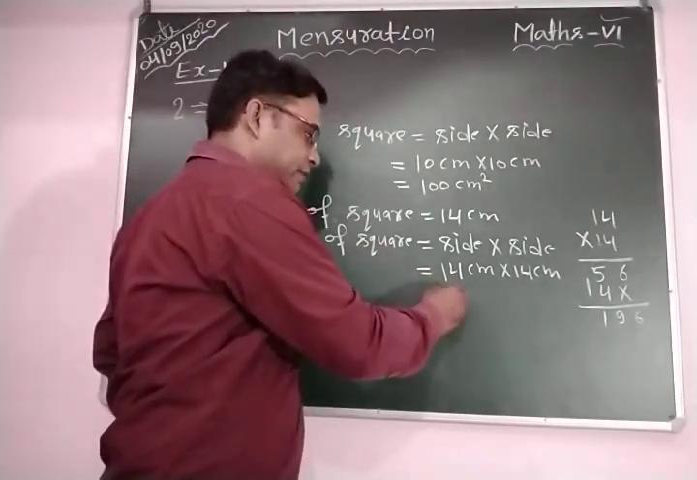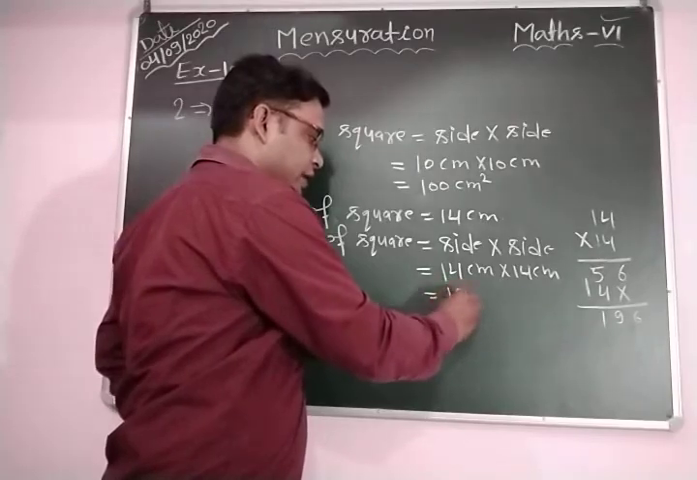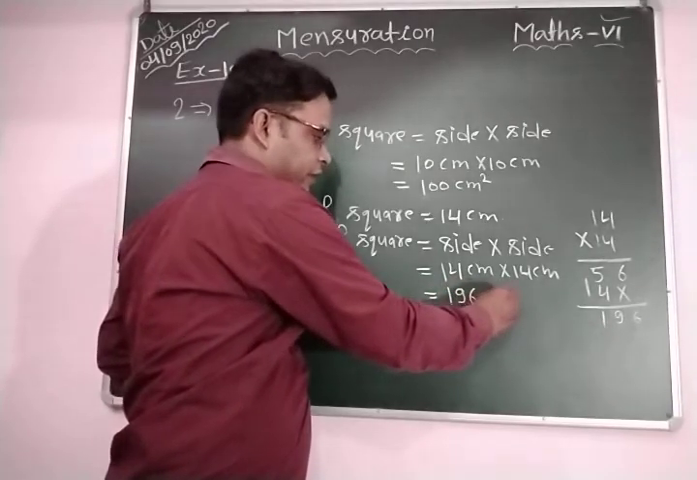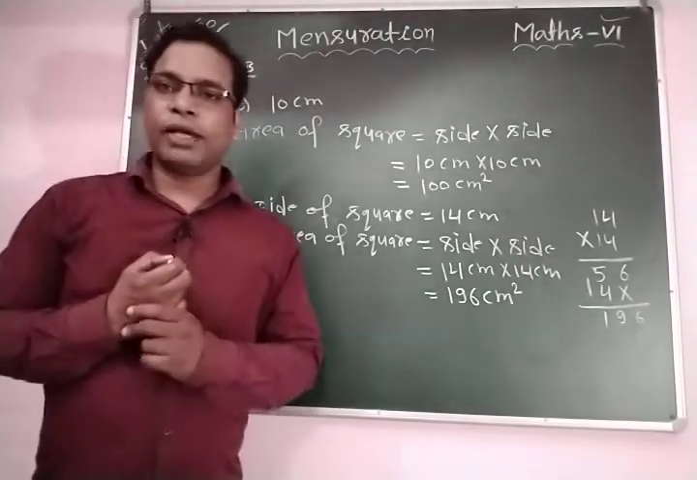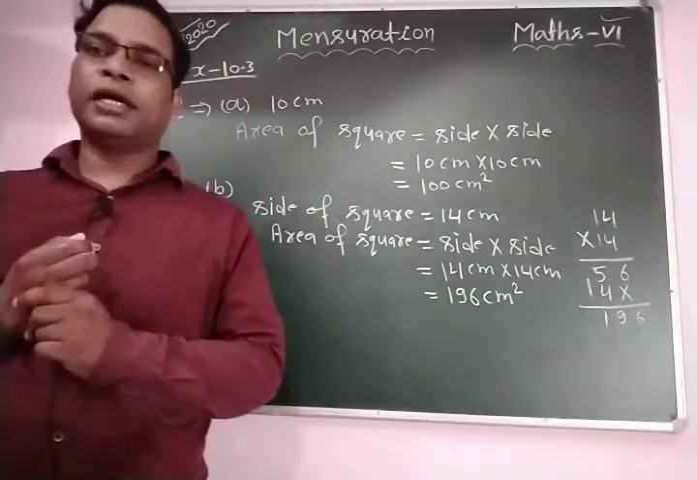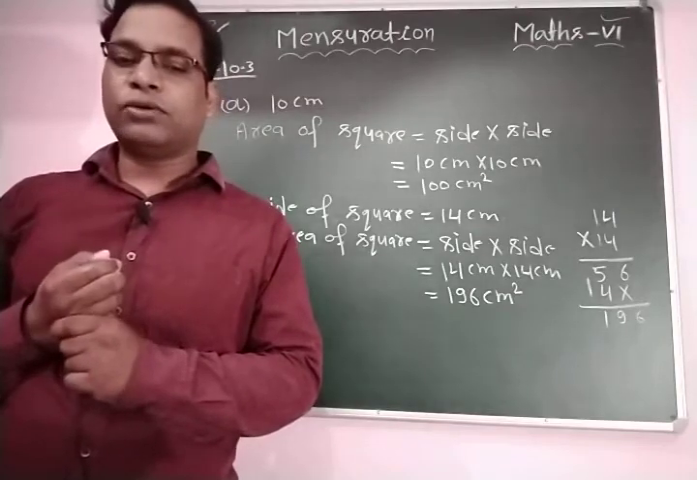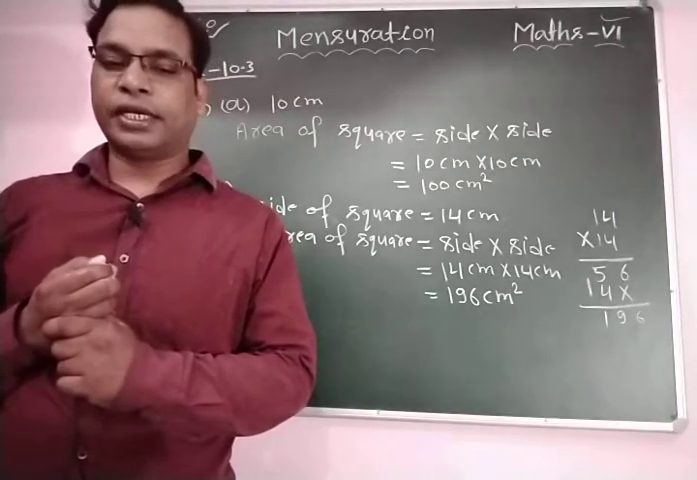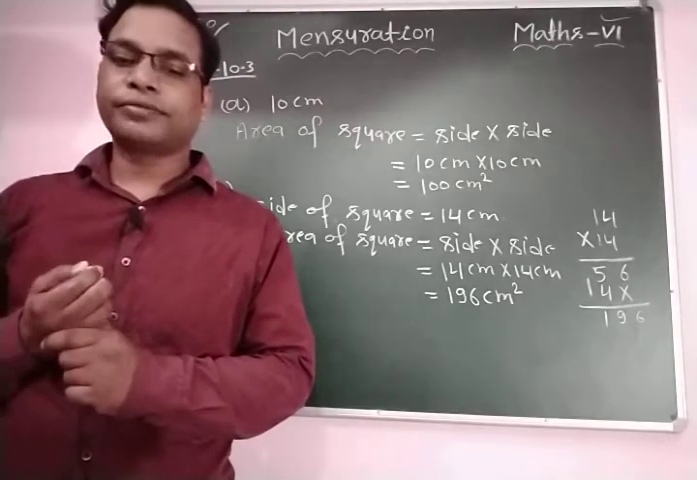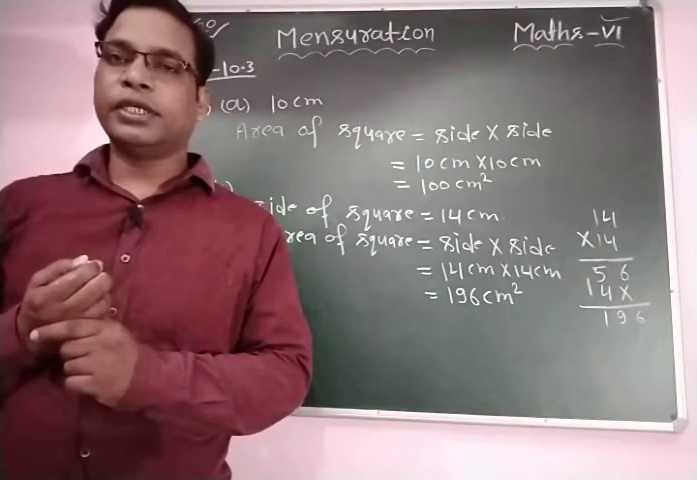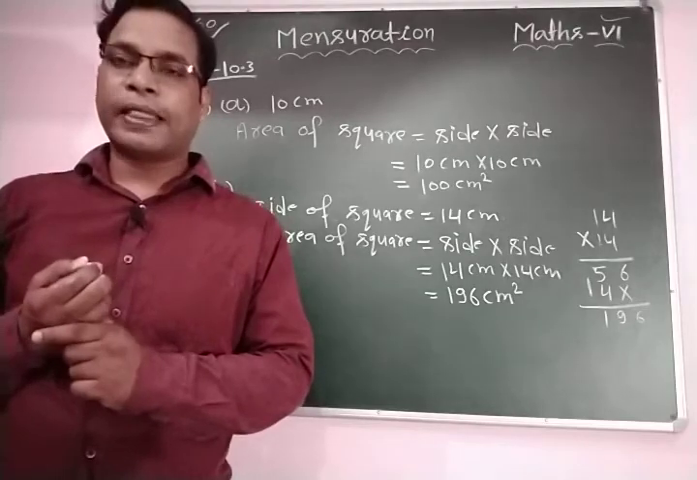So you can write here 196 centimeter square. I hope all of you understood how to find the area of a square and also how to find the area of rectangles. Okay, this is clear. Now we are going to discuss the next question, question number 4,